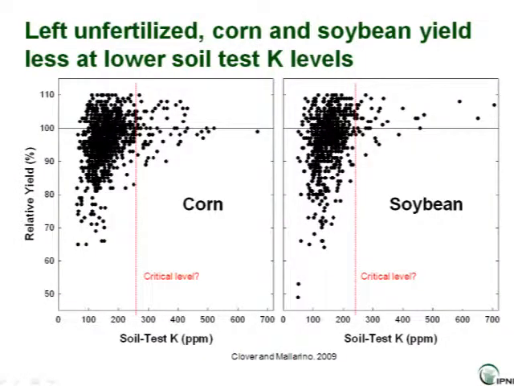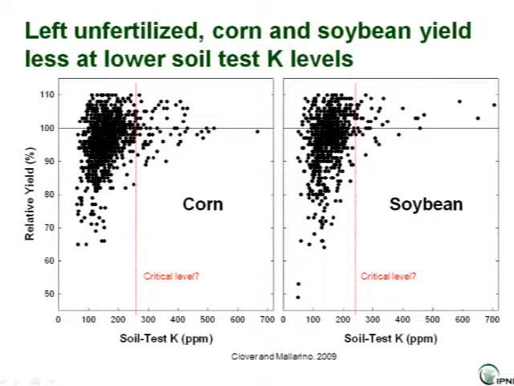Okay, to just give you some idea of what can happen, this is what we call, actually scientists aren't sure what to call this. We call it either soil test calibration data or soil test correlation data. It depends on who you're talking to. We have no standard terminology, unfortunately. But this shows what happens to yield if you don't fertilize the crop. And these are